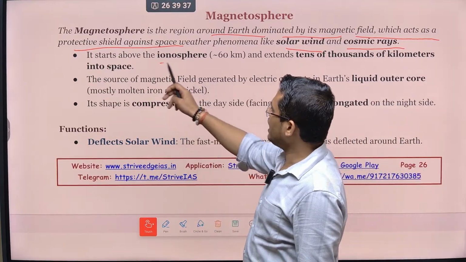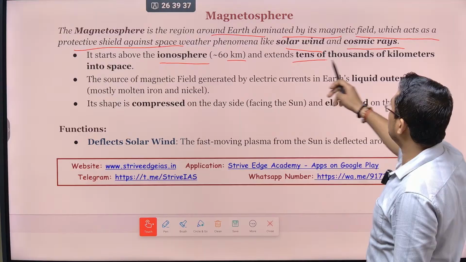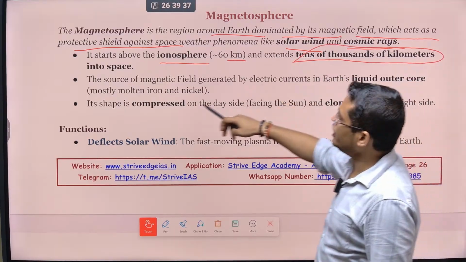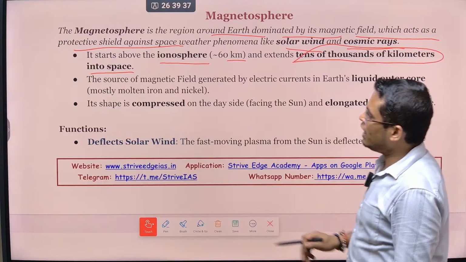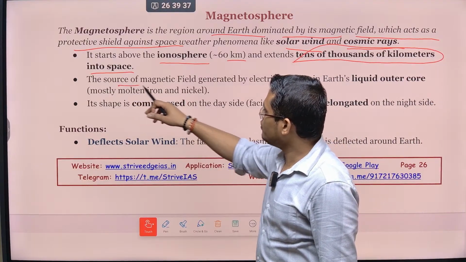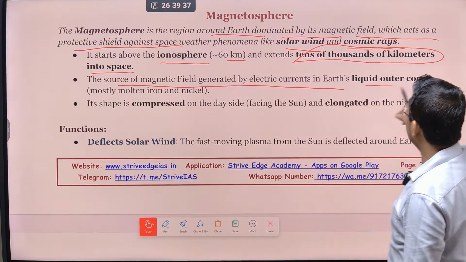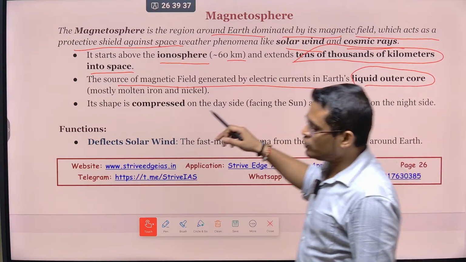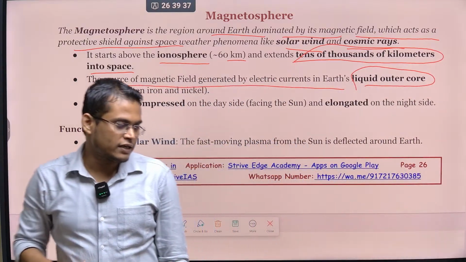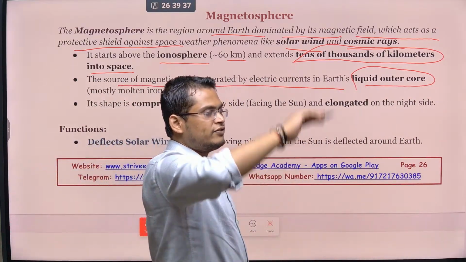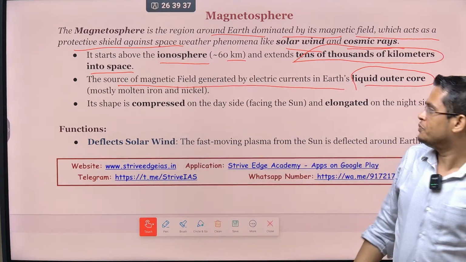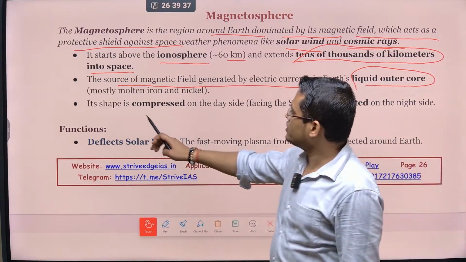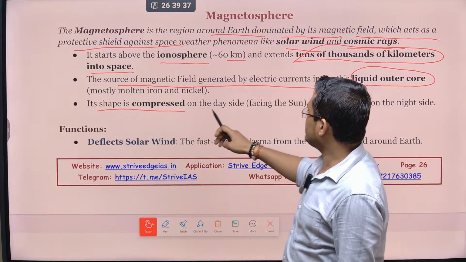It starts from the ionosphere at 60 km and extends tens of thousands of km into space. So it is starting from the ionosphere into space. The source of the magnetic field is the electric current generated in the liquid outer core. So the liquid outer core generates a magnetic field, and this magnetic field flowing from north to south is responsible for this magnetosphere. Okay,